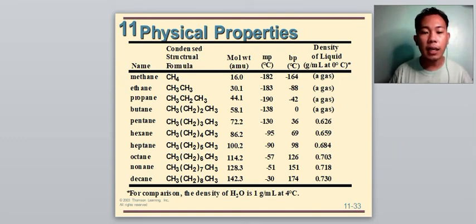Further, alkanes containing 1 to 4 carbons are gases at room temperature. Alkanes containing 5 to 17 carbons are colorless liquids. High molecular weight alkanes, those containing 18 or more carbons, are white, waxy solids. Several plant waxes are high molecular weight alkanes. The wax found in apple skins, for example, is an unbranched alkane with the molecular formula C27H56. Paraffin wax, which is a mixture of high molecular weight alkanes, is used for wax candles, in lubricants, and to seal home canned jams,